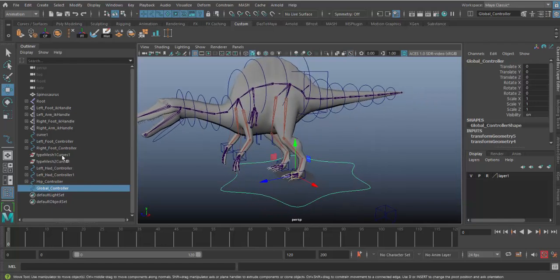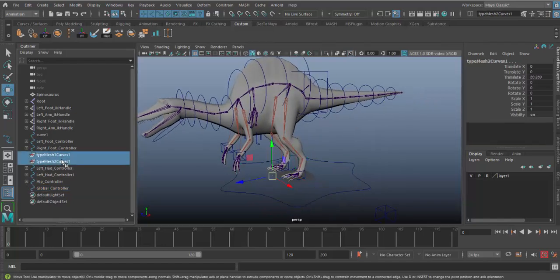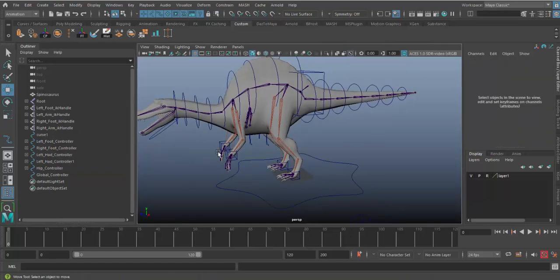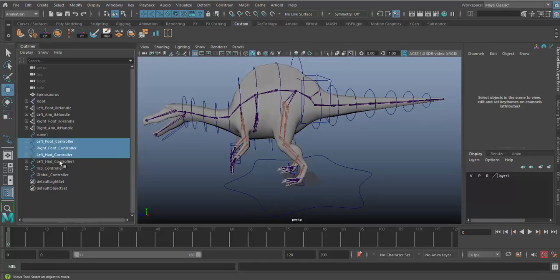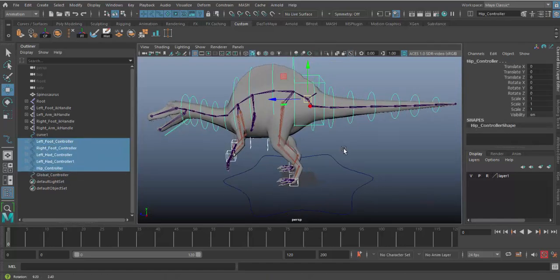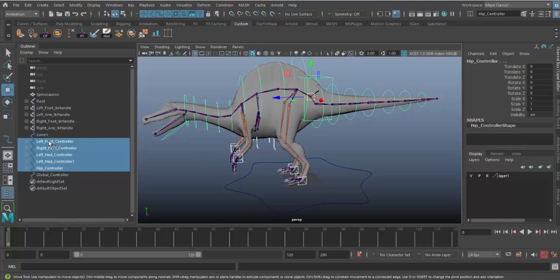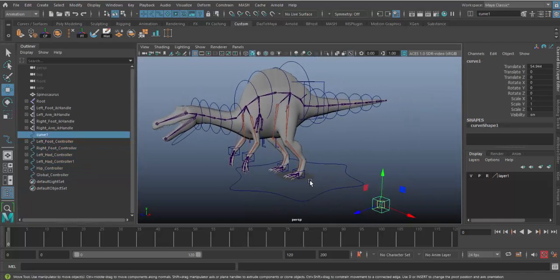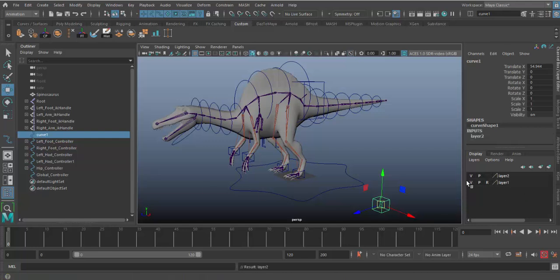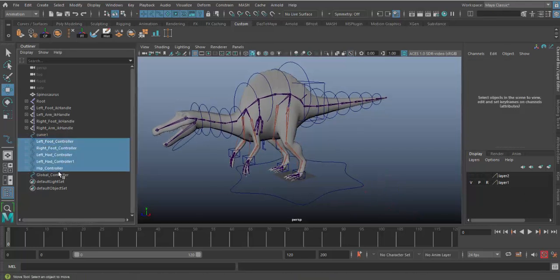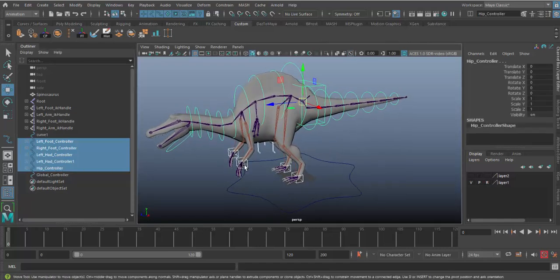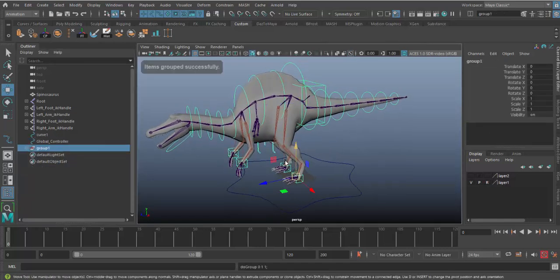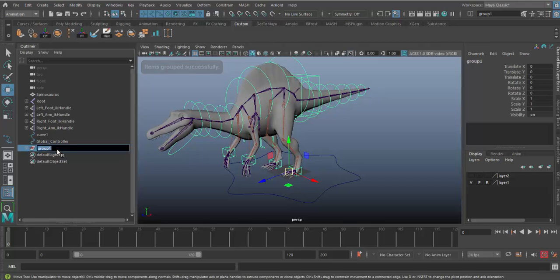Now, okay, let's delete this empty node Maya created for us when we made the elbow and knee controllers. And now we need to select all the controllers except this one, all our, what is this one? Okay, not this one for sure. All these controllers, and put them all inside a group, and we will name it